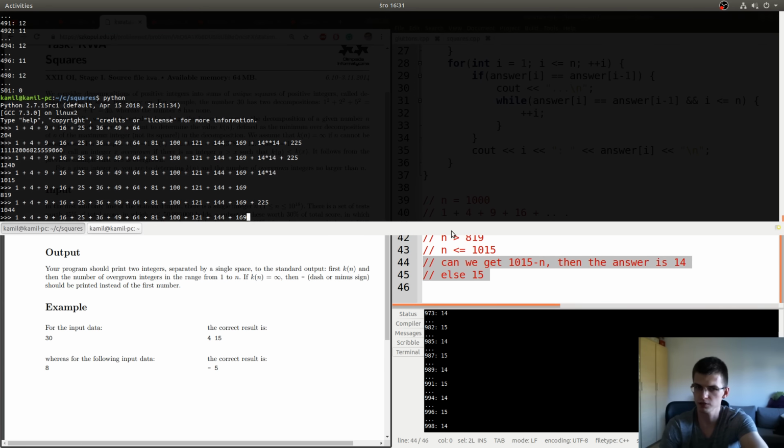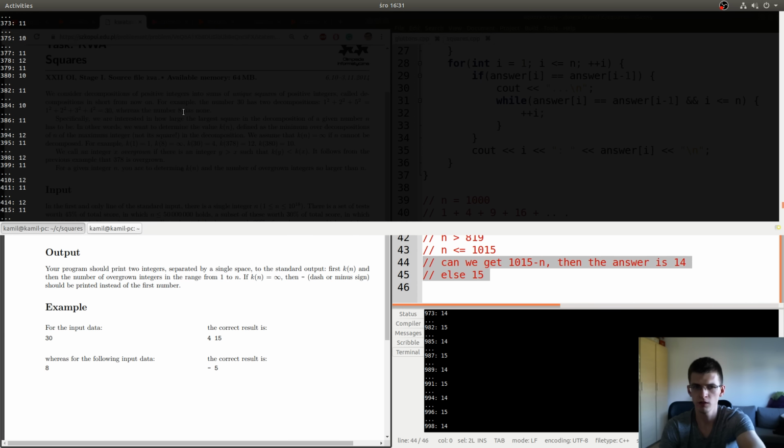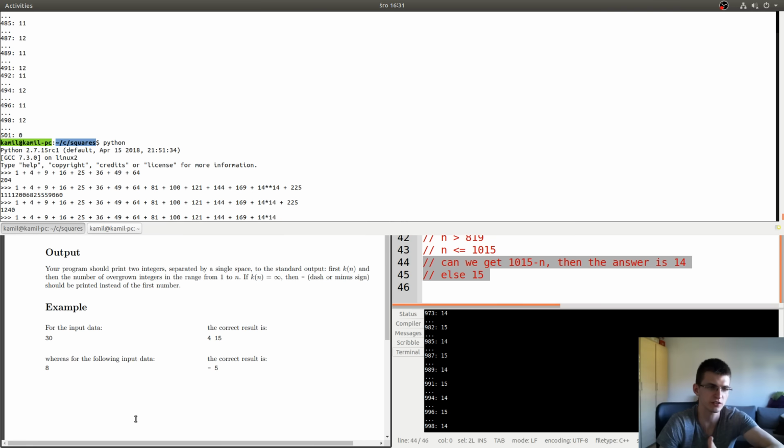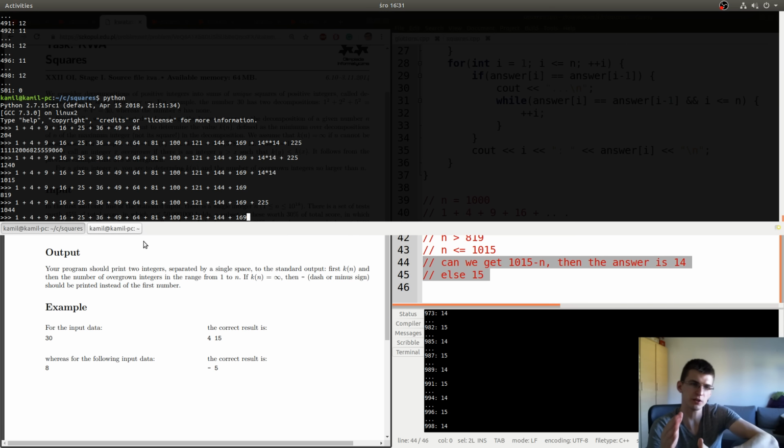But we also saw some time ago that infinities appear only up to some moment, and then apparently there are no more infinities. So starting from some number like 129, all the numbers are possible to get as a sum of squares.